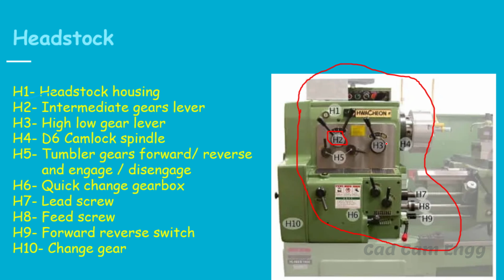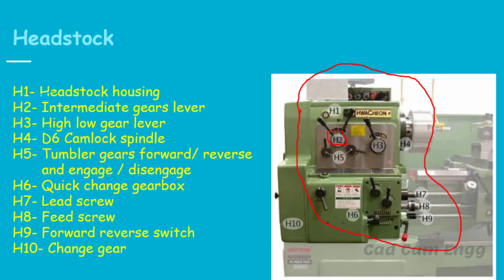For example, in the two-wheeler, when we change to the first gear, the first gear maximum is up to 10 km per hour, and at the same time in high speed we are able to drive at 3 km, 4 km per hour. Same like that, in this lathe machine also, we use the H2 levers to fix some speed. That speed also we are able to reduce, high and low. So that is the purpose we are using this lever to change the speed.